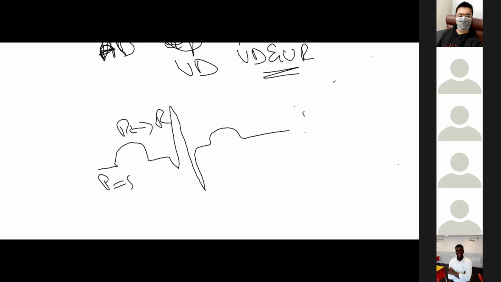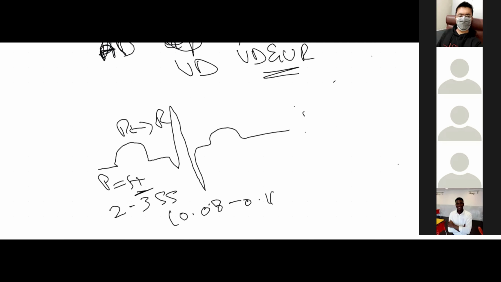Is there a P wave present? Sometimes in certain ECGs it's not present, like in hyperkalemia maybe, the P wave is absent. So first, is it absent or present? Number two, the normal intervals or normal sizes of the waves, such as the P wave is normally 2 to 3 small squares. That is, the P wave is between 0.08 to 0.11 seconds. Okay,